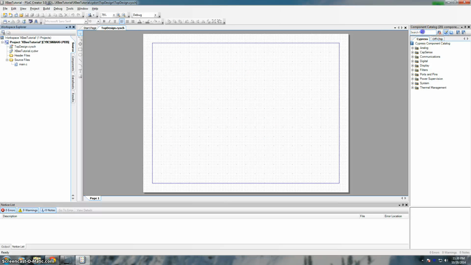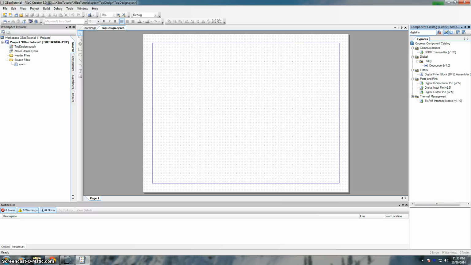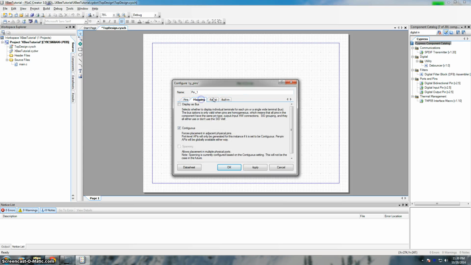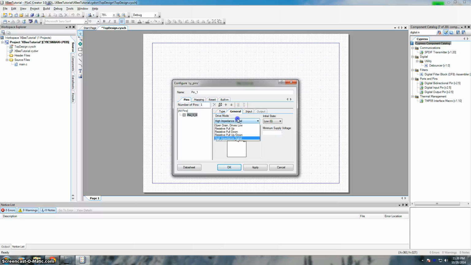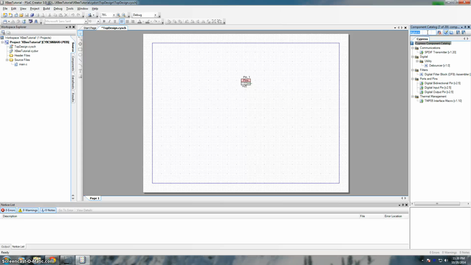We're first going to make the top design. So we'll bring in the digital input pin for the button. Double click it to configure. We do not need a hardware connection. In general, we are going to make it a resistive pull-up, and the interrupt will be falling edge. Click apply, hit OK. Since we want an interrupt when the button is pushed, we'll bring in an ISR,